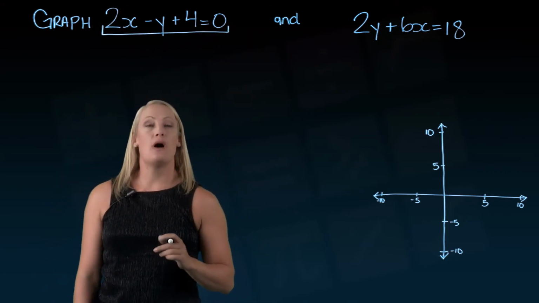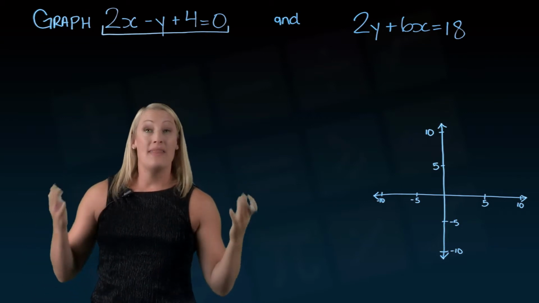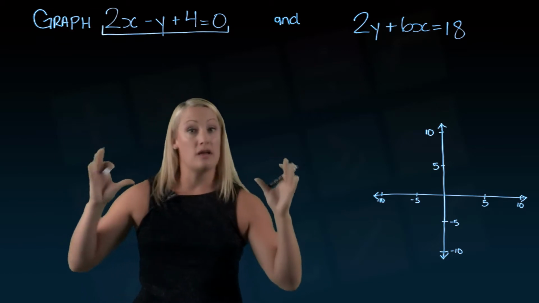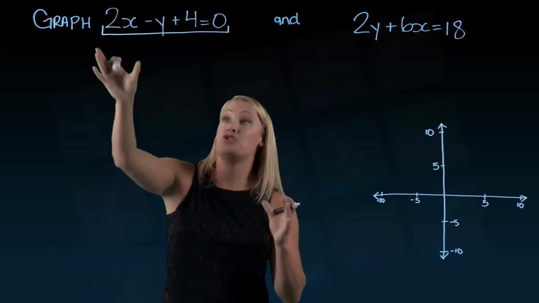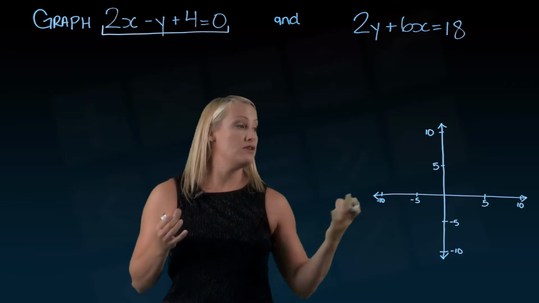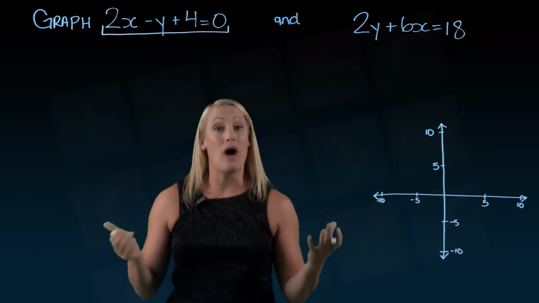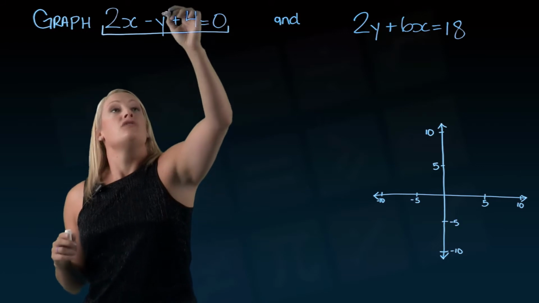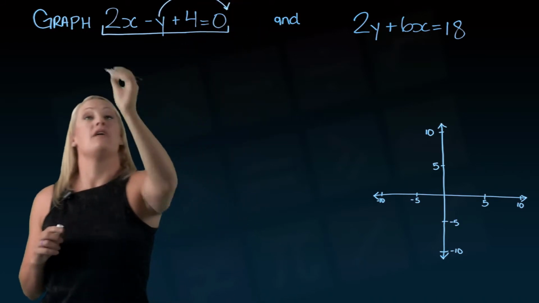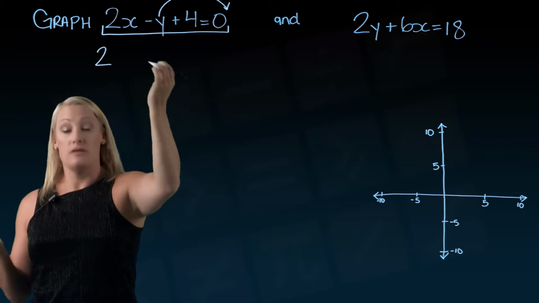2x subtract y plus 4 equals 0. That's an equation of a line, but I can manipulate that equation around all I want as long as I don't change it. I can change the places of these, and I'm going to do that because what I'd like to do in order to use my table of values is get y by itself. So I'm going to take this negative y and bring it to the other side of the equation. So now this is still the same equation,